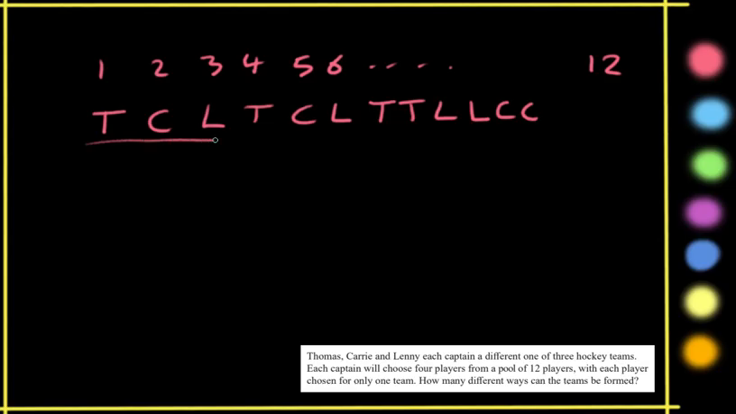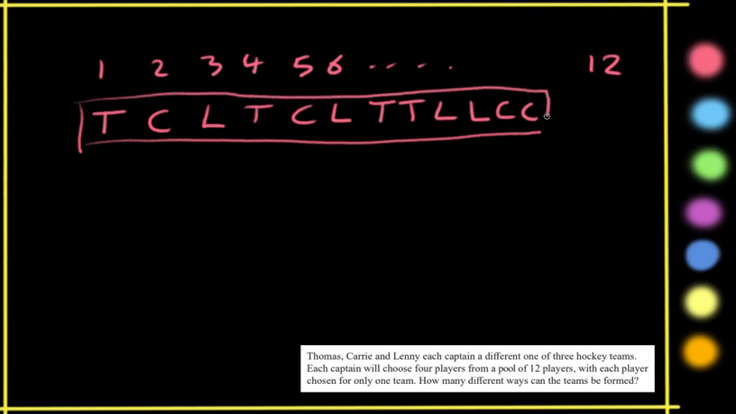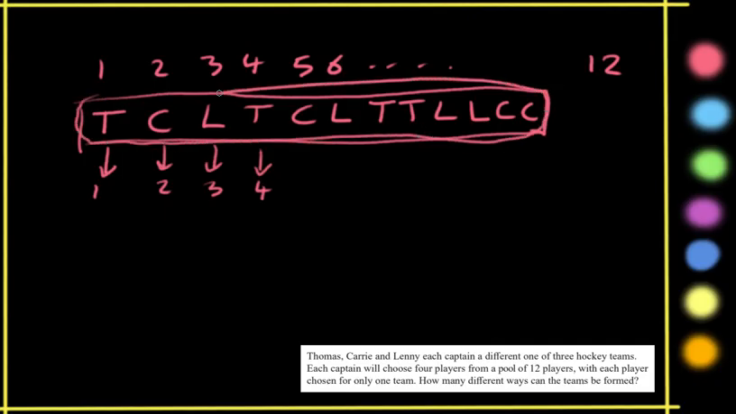If I made a word, you could ask the question, how many different ways can I order these 12 letters? 4 of them are T's, 4 of them are C's, and 4 of them are L's. And then what you would do is you would say, okay, with this ordering, player 1 would be on Thomas's team. Player 2 would go on to Carrie's team. Player 3 would go on to Lenny's team. Player 4 would be Thomas's team again. So any way you can order these 12 letters would represent one way that they can split up their teams,